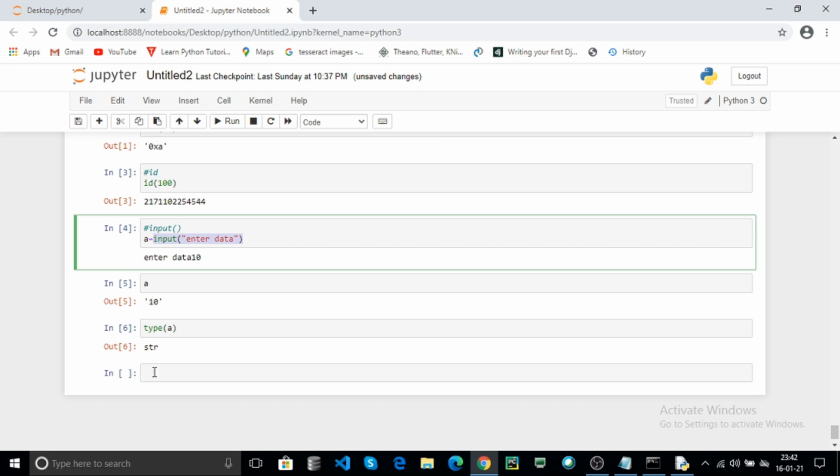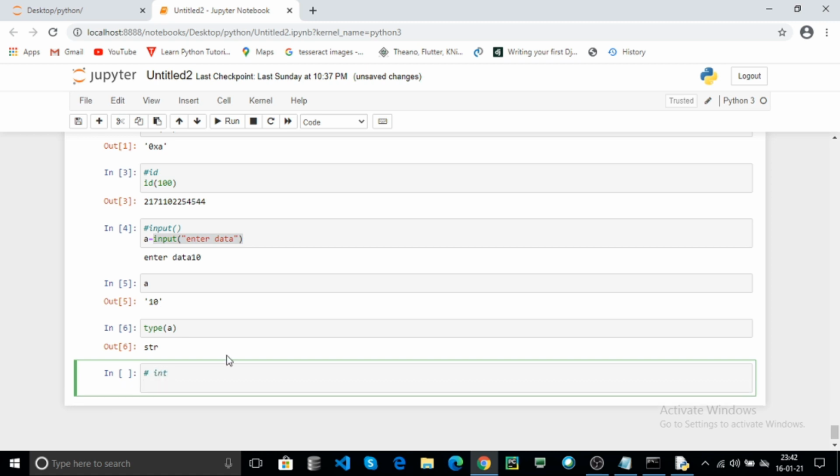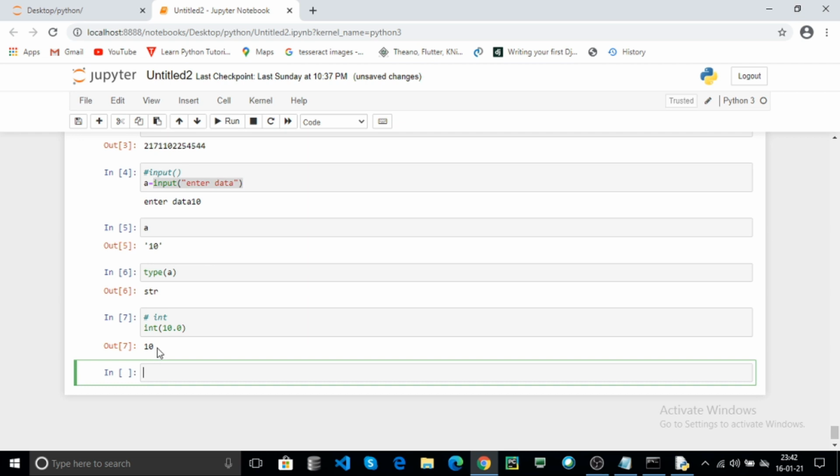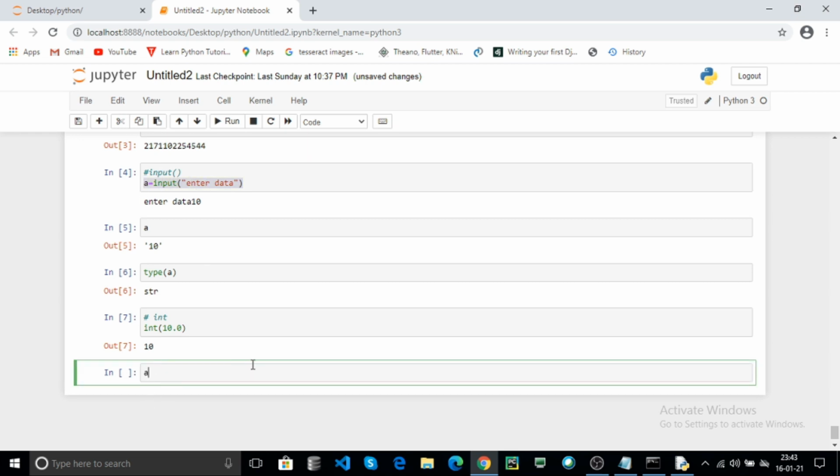Now you can use int. The int function gives the integer value. It converts any type of data into integer data. For example, int of 10.0. Click on run. Here it returns the integer data. In this example, how to convert a string to an integer. Here use a variable, and use int of input.